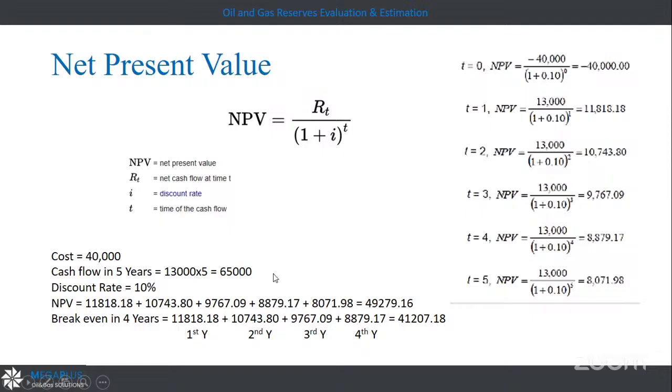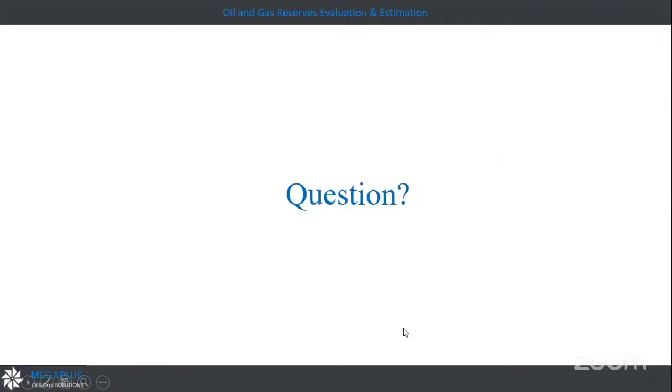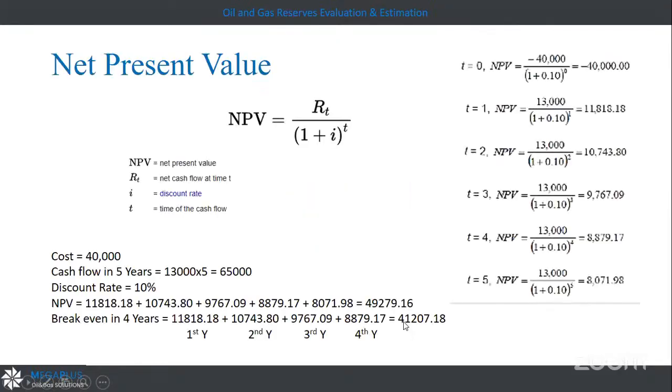So it's very misleading to say that, okay, my profit is $15,000. No, because I'm dealing with inflation and discount rate. It's like a 10% decrease in the value. So if I calculate the net present value, summing the value of this money in the 5 years with the value of the money right now, it will be like 41. So it's almost break even for this project. This is how the net present value is used in field development planning.